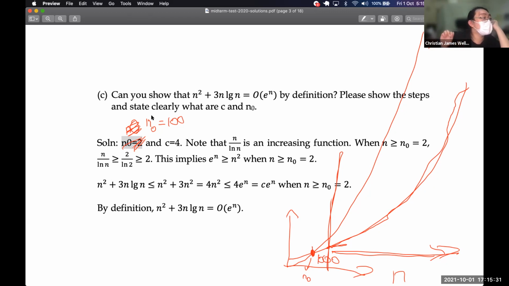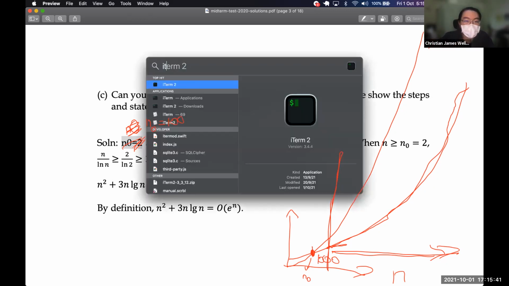Okay, so I'm getting another question. Is it unique N naught and C, or can there be multiple answers? There can be multiple answers. You can choose N naught and C to your liking. So if we go back to the definition of big O,